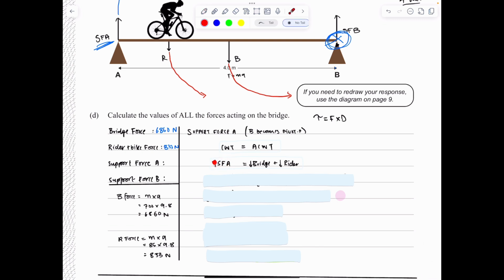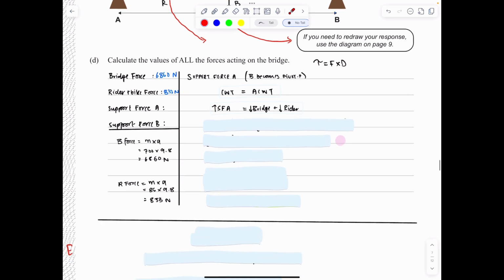Got the clockwise torques, which is support force A, and then we've got our 2 anti-clockwise torques, which is the torque of the bridge and the torque of the rider. So they're turning in an anti-clockwise direction around pivot point B. So I'll have to add those up eventually. Okay, so